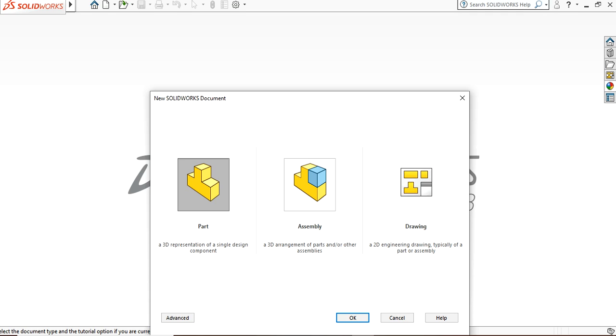This is an assembly. Assembly is a 3D arrangement of parts and other assemblies. This is drawing, a 2D engineering drawing which you normally do in your second semester. So SolidWorks is basically a conversion of 2D objects into 3D, like a hologram. Okay, let's start with the part.